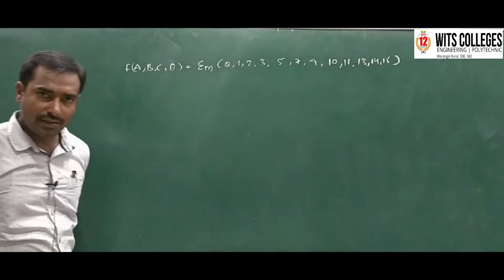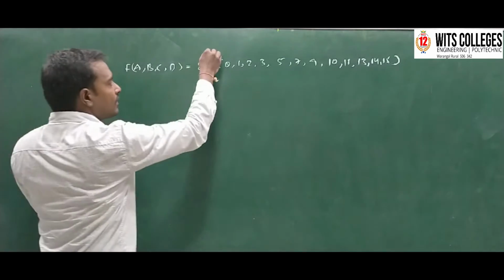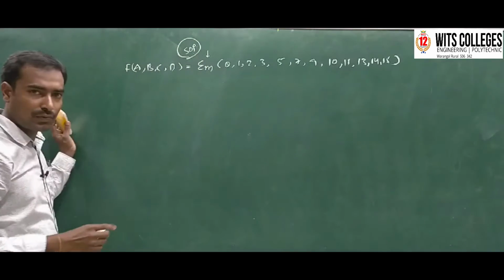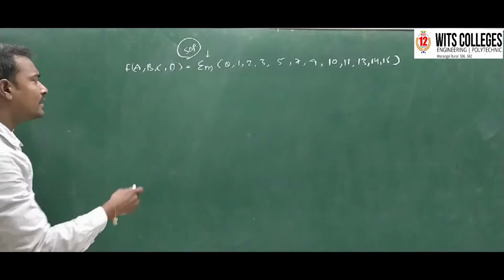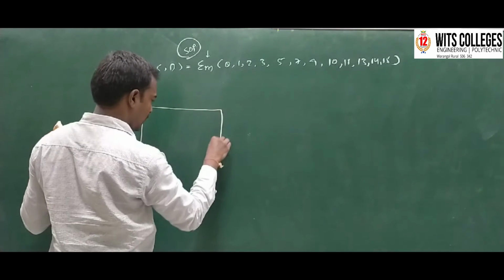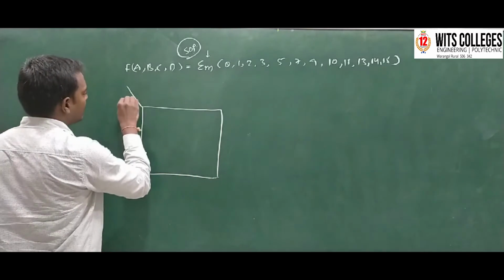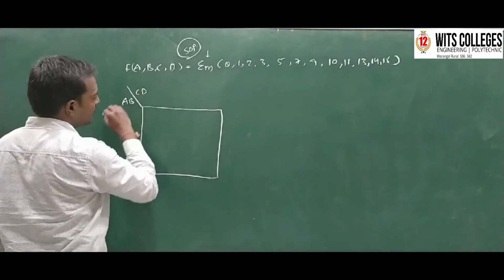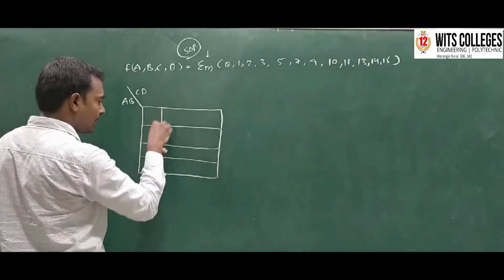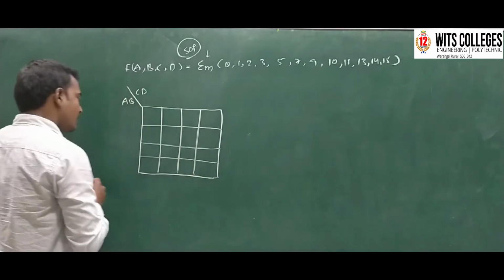So these all are the variables and we have to find out the Boolean expression in the sum of products. So we have to find out the sum of products and here we have to draw the four variable K-map. We will get A, B on this side and C, D on this side, and when we take four variables we will get the combination of 2 to the power of 4, that is equal to 16 variables.